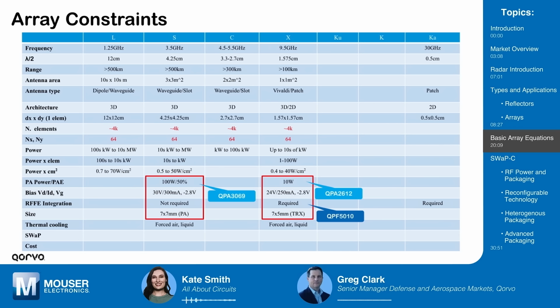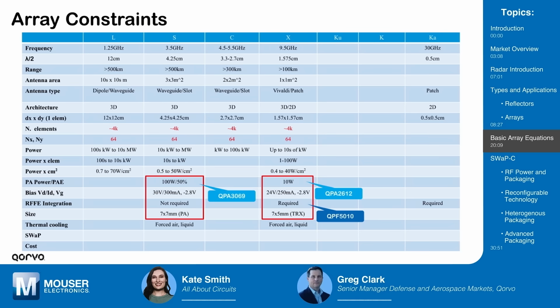Right. And just very quickly, this chart seems very handy. Is this a good representation of a glimpse into the mind of one of these engineers who's asked to design a radar system? I think it is. This came straight from one of my radar system engineers here at Qorvo. It's an incomplete chart, as you can see, because we don't have the Ku and the K bands calculated yet. But yeah, I think it's a fair representation in terms of what your trade-offs are and what the frequency band can do relative to your power as well as your